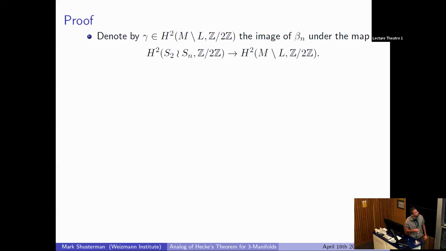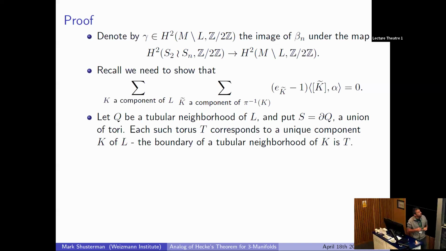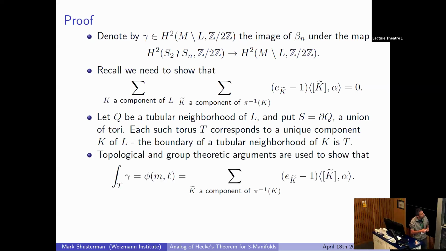Right, so what is the use of this gamma? That's, I guess, the question. So let's recall that what we need to show is the vanishing of the value of the character on this different in the class group mod 2, or in the first homology group with coefficients in Z mod 2Z. Now I will just put all these because I want to see if you see immediately the connection for why we are interested in gamma.